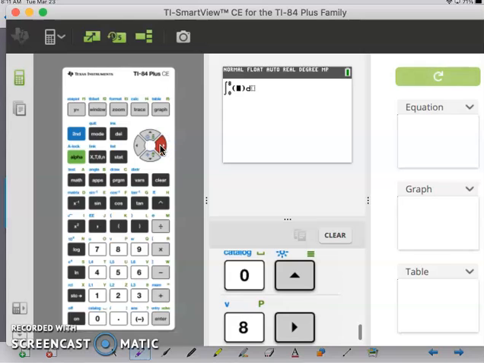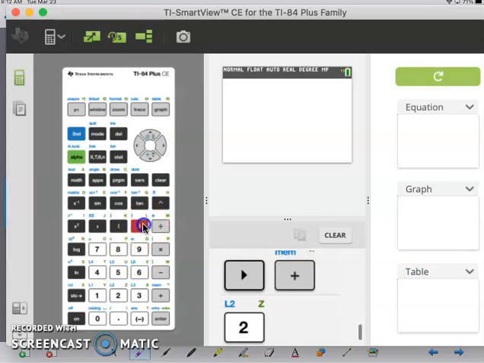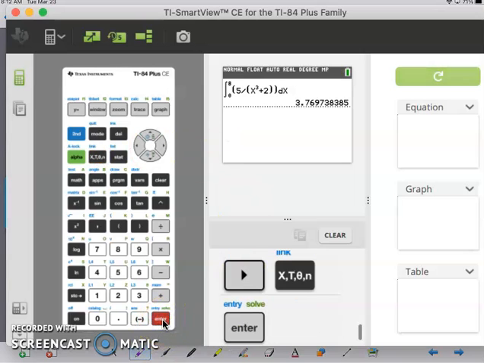And then I need to type in my function, which is 5 divided by, now I need a parenthesis here again, x cubed plus 2. X to the third power, arrow out of that, plus 2, close that parenthesis, and then this would be dx. And I hit enter, and I get that the exact value of my integral is